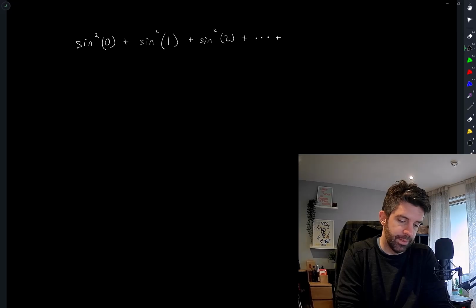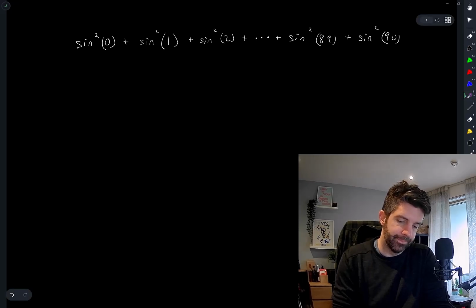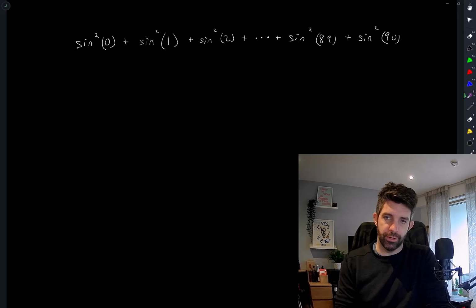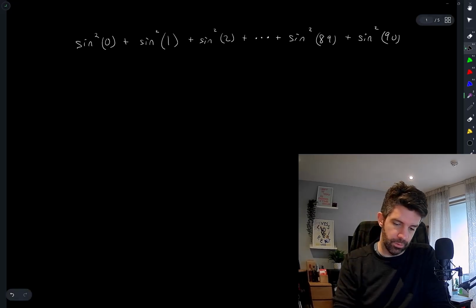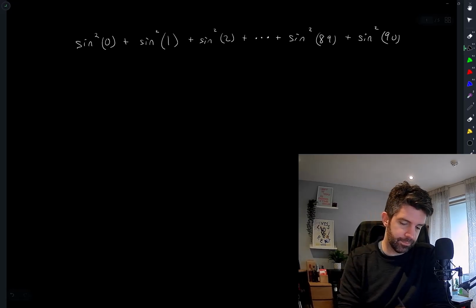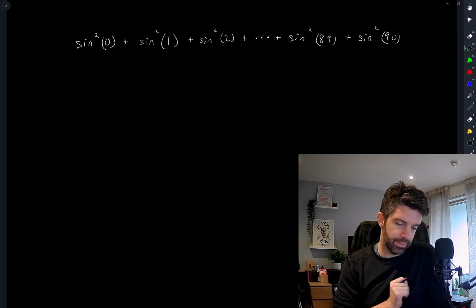But my suspicion here is that, with the way this is worded, the fact that we're using degrees doesn't really matter. It's going to be more about the number of terms that are involved. So, can I say anything about